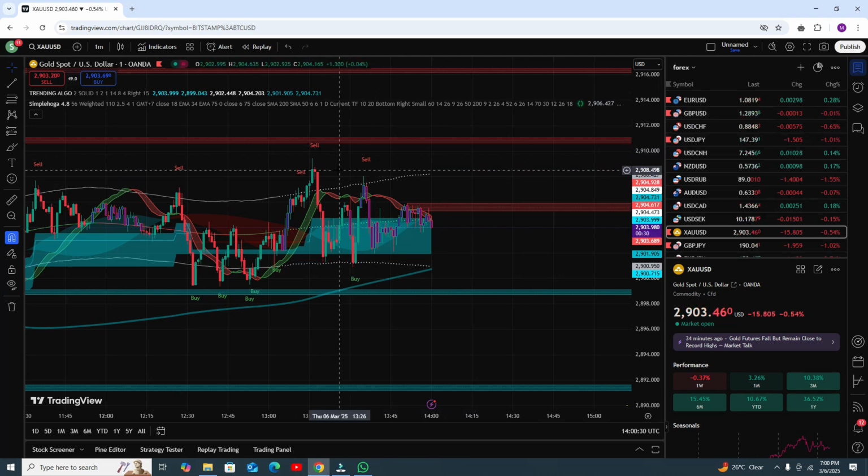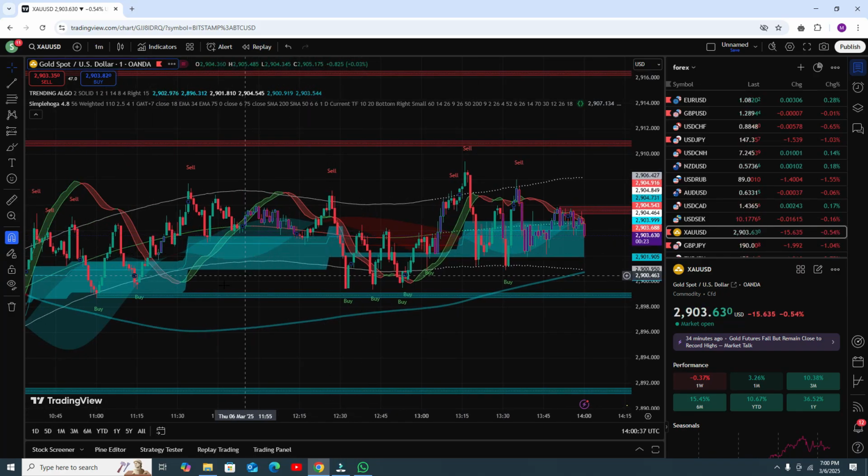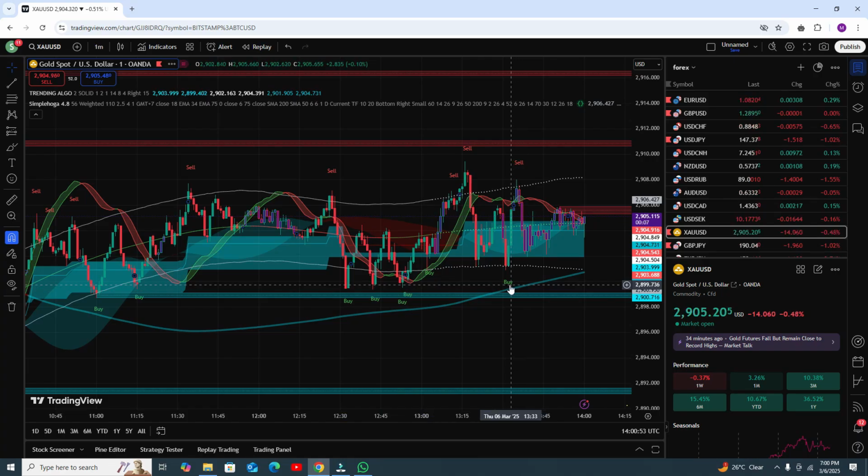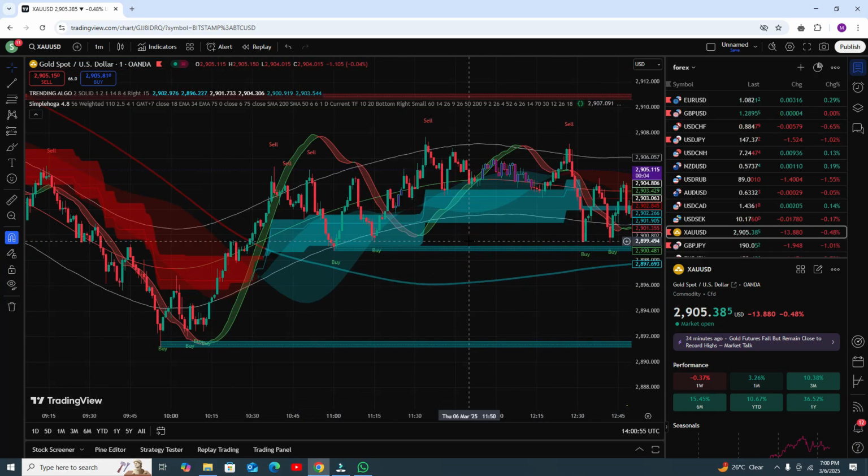Now we need to understand weak signals as well. With a weak signal, there is a support and there is a resistance. When the market comes to the support line and the market is trending on the buy side, then you need to follow the buy signal and it will definitely give you profit. Like here,